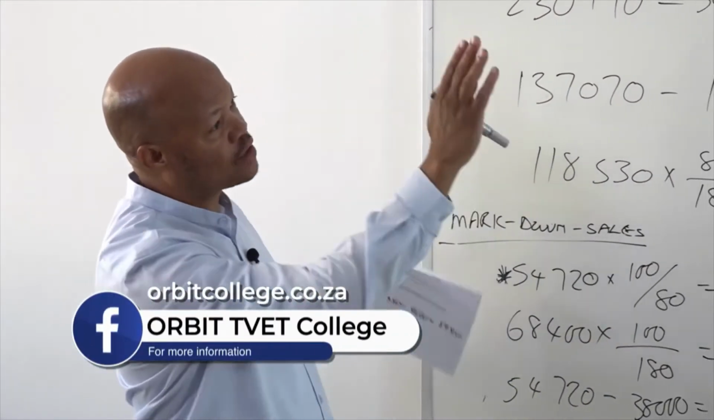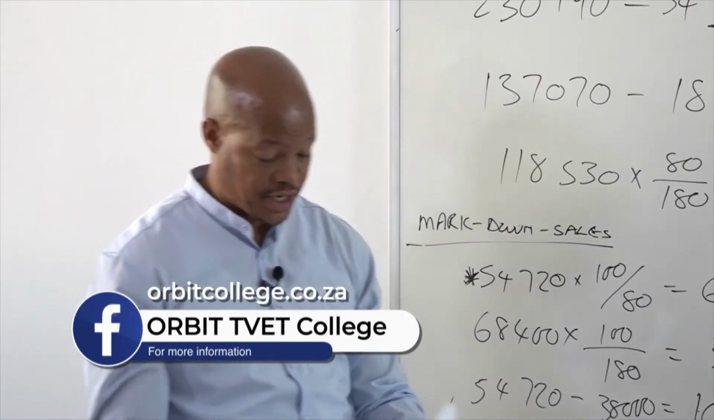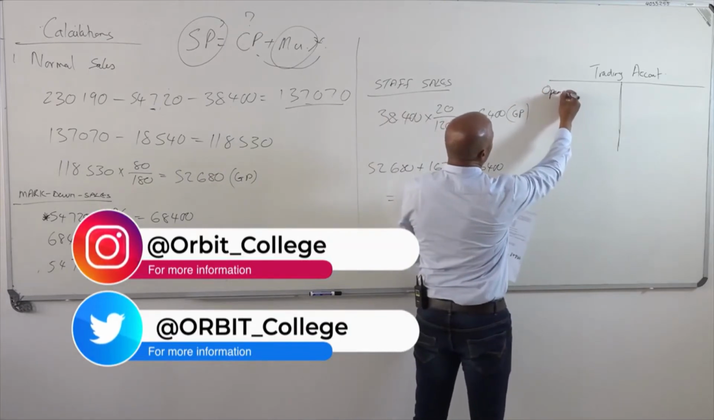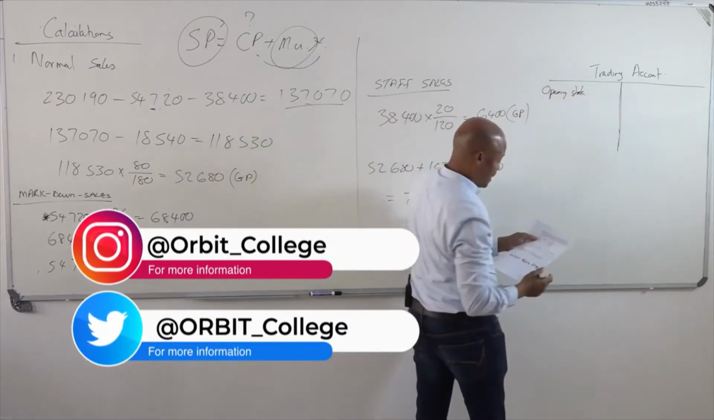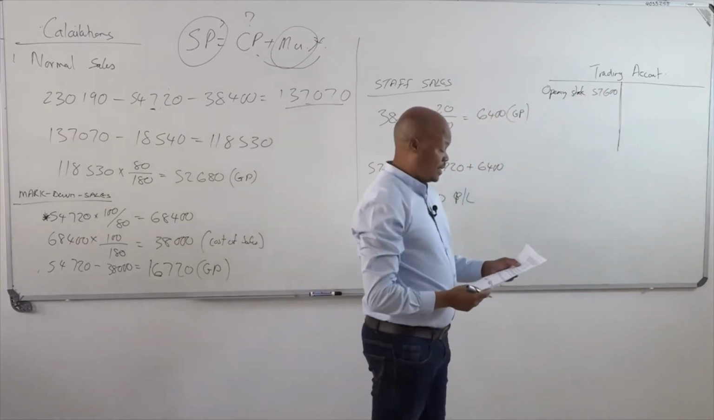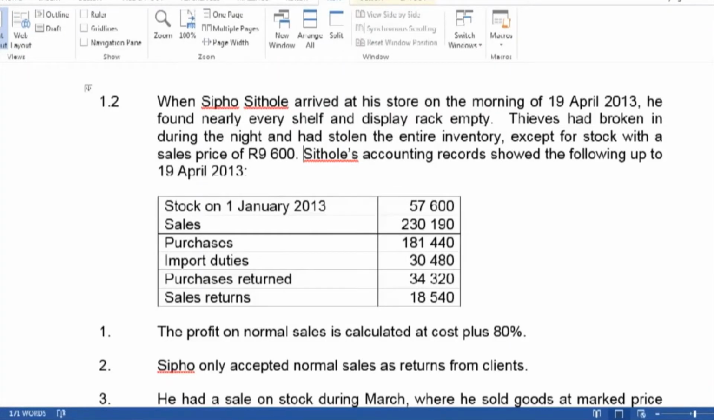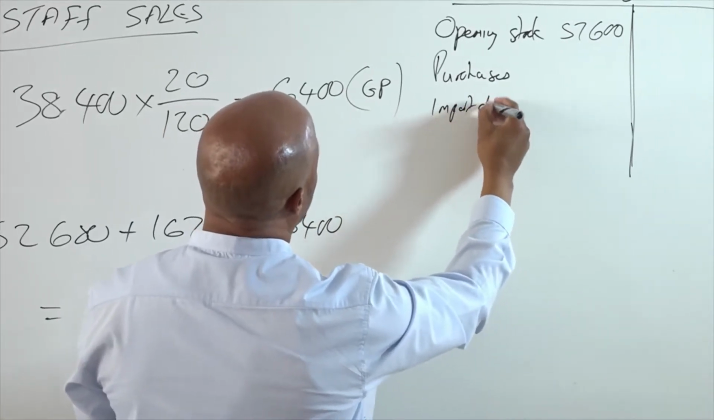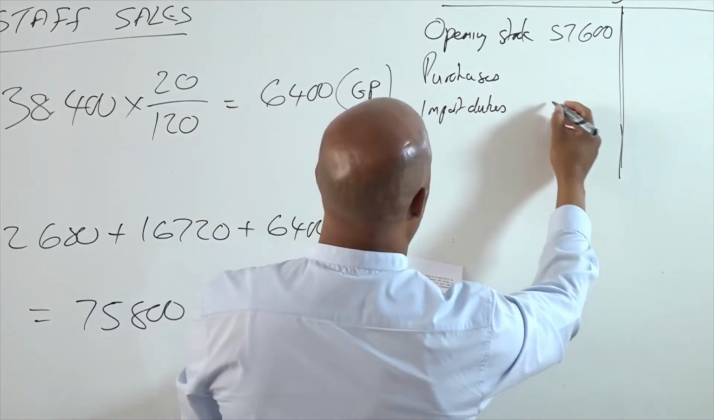Okay, now once we have this, we're going to do our trading account. We have been given our trading account opening stock, an amount of 57,600. The sales, do not forget that you need to subtract the sales returns. Purchases, you know that you need to subtract purchases returns. So our purchases, import duties, which is given to us there,